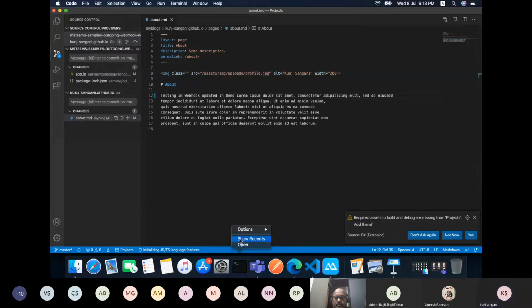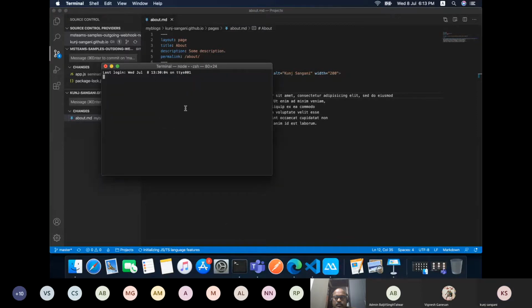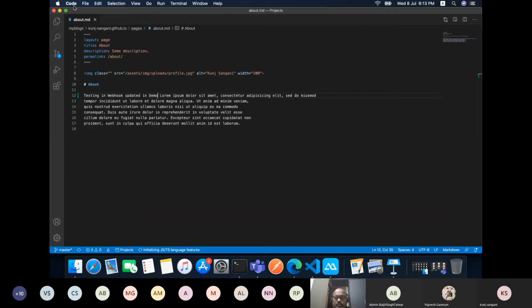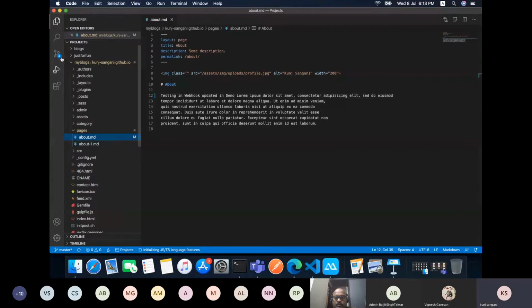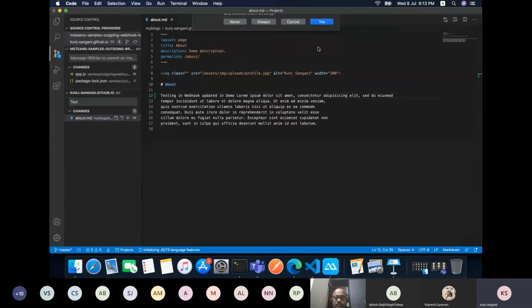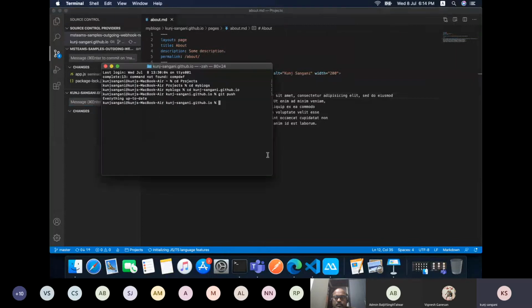So let me open my terminal and push the changes. Still the changes are not committed. Okay, once it is committed, I'll push it.